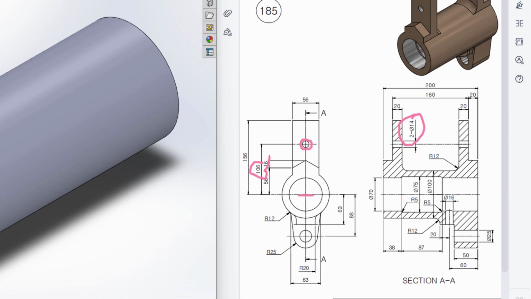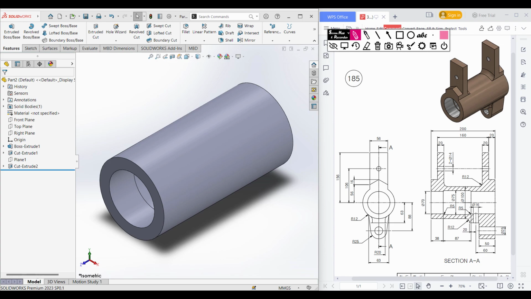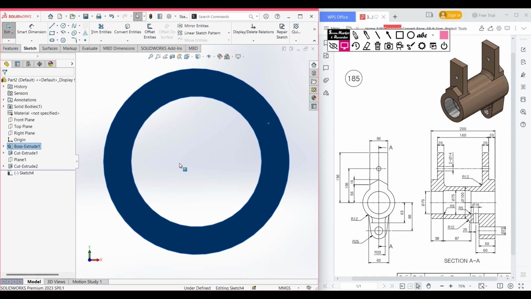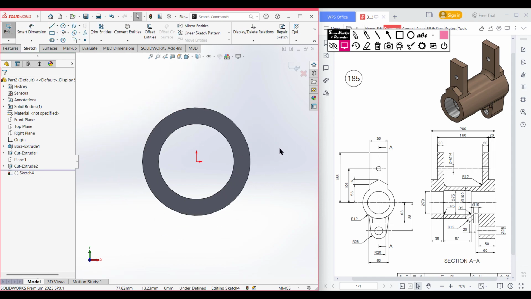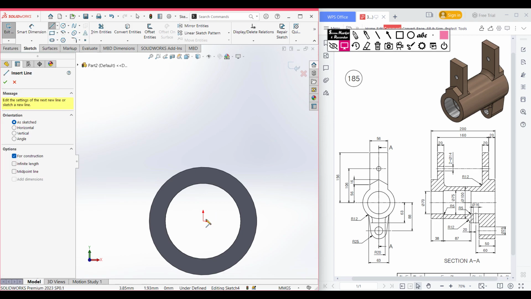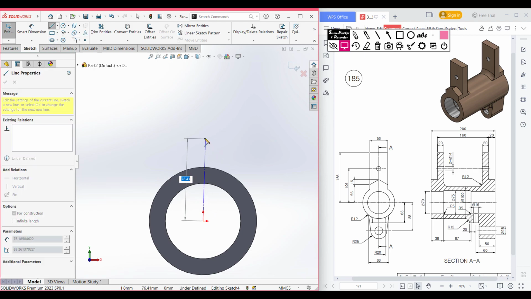Okay, let's draw this portion. For drawing this portion I am selecting this face, front face. Now sketch. Now normal to it. After that, placing it here, and now select the center line and place the center line here and draw a center line of